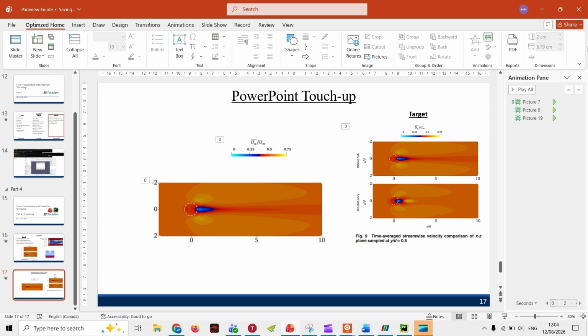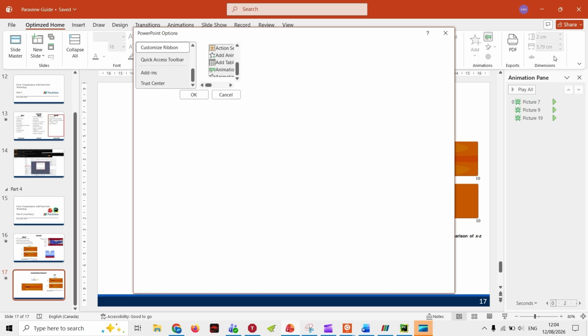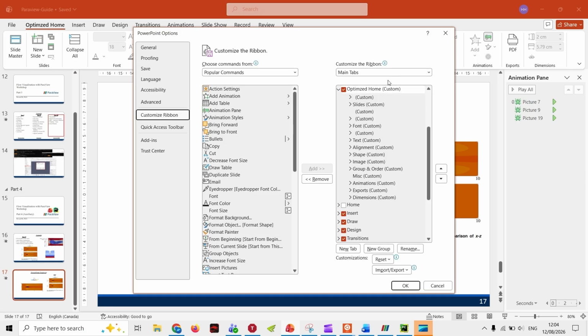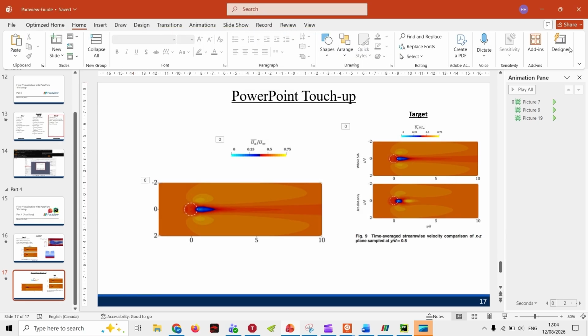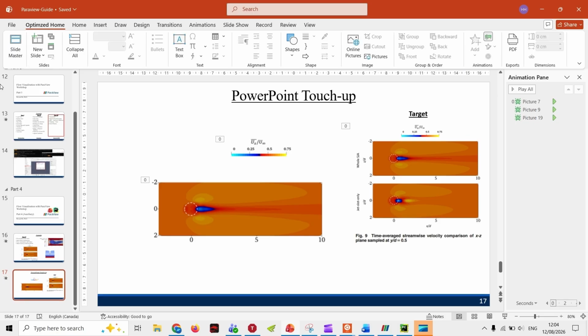But I've kind of combined all of the tools I use into one tab. It takes a bit of time to set up, but you can do this by clicking on the custom ribbon. So you can see that if I toggle my default home, this is what you usually have as a base. But I kind of got tired of back and forth, so